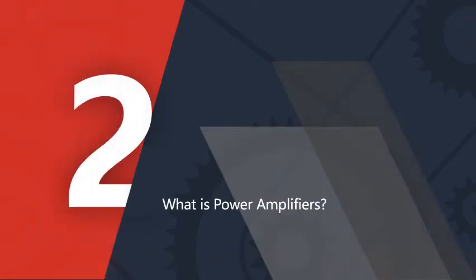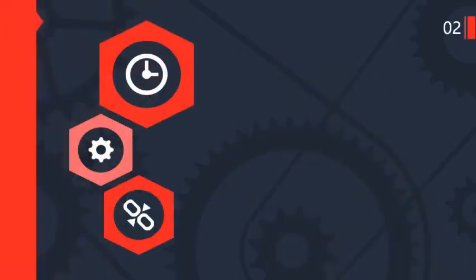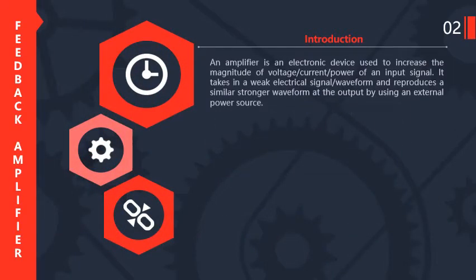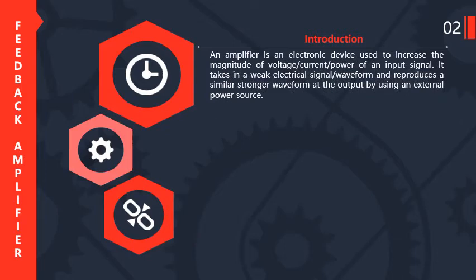Next topic is what is the amplifier? An amplifier is an electronic device used to increase the magnitude of the voltage, current and power of an input signal. It takes in a weak electrical signal or waveform and reproduces a similar, stronger waveform at the output by using